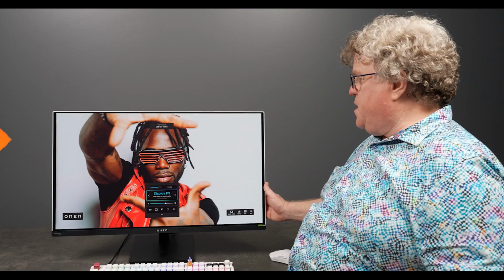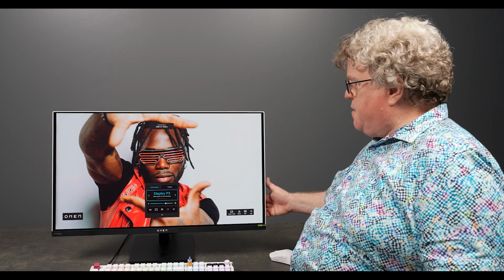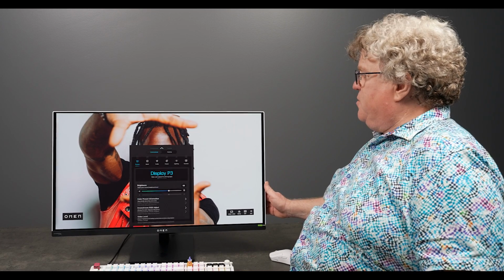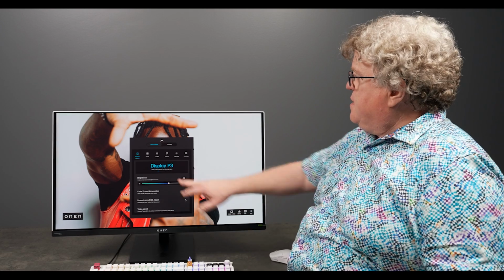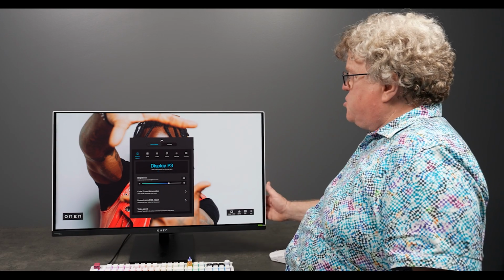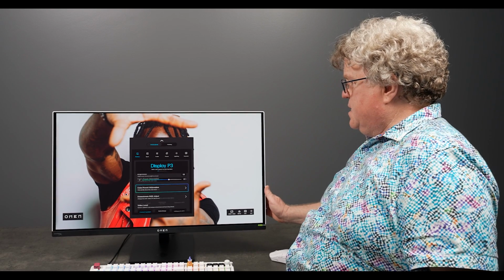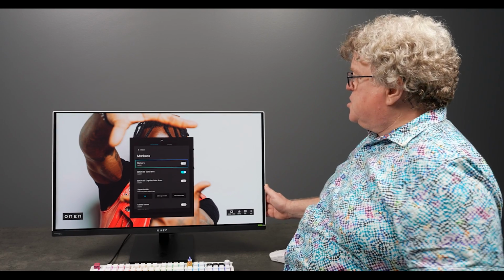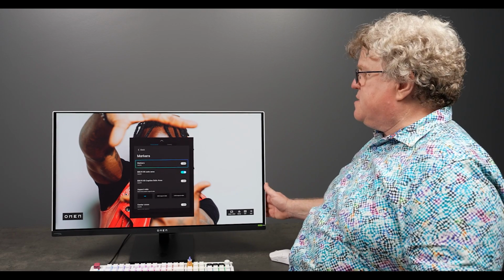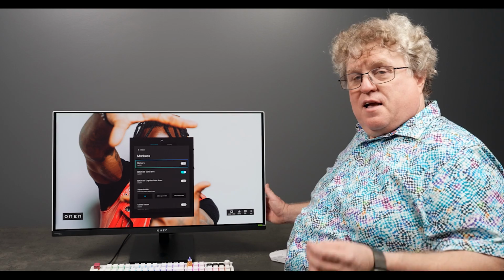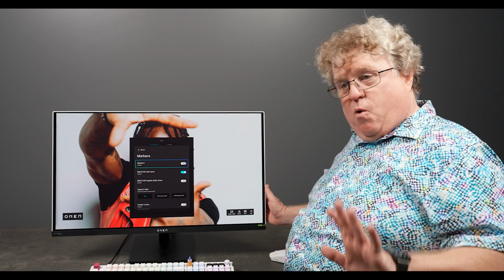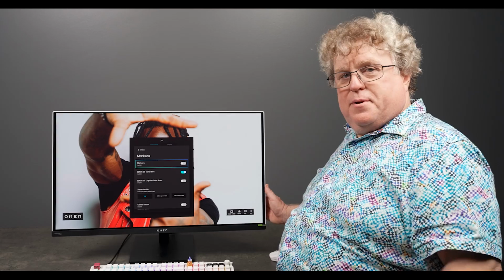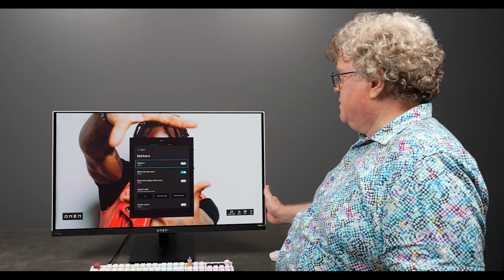So let's open up the on-screen display by pressing the joystick on the back of the monitor. And I'm going to scroll down to open up the main OSD, and everything that we're doing is in the picture category. First thing I'd like to look at is markers. Markers are special purpose lines that are drawn on the screen that allow you to designate what is either protected areas of the screen or helping you compositionally on the screen.